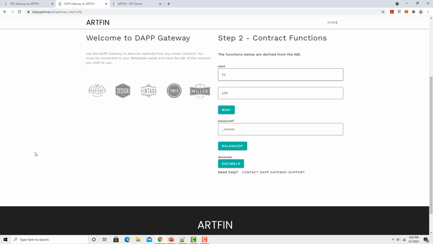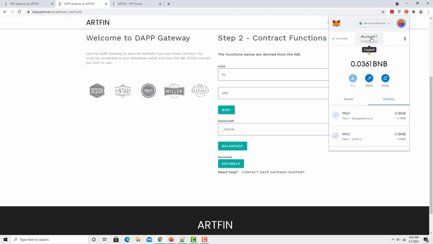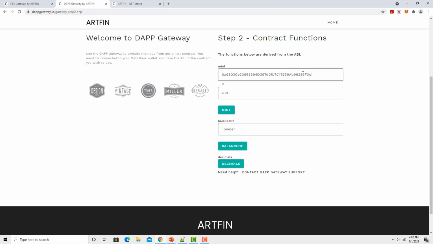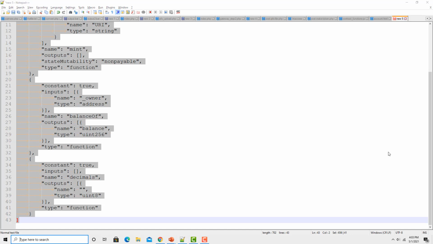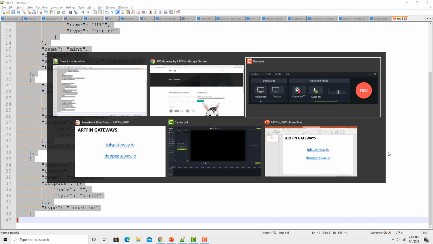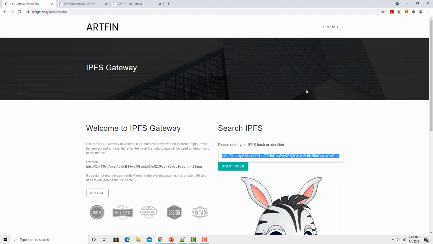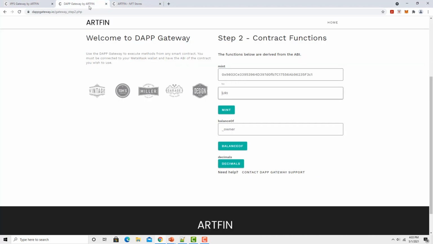So now I'm going to mint a token. Okay, so what I want to do is send a token to myself. So I got to go up here, grab my address, copy that to clipboard. So I'm going to mint a token to myself, and I'm going to use as the URI the URI that I just created over here. So I'm going to take the little donkey. Now, this is not going to be a valid NFT because I'm not uploading the right kind of file, but it's good enough to show. So when I hit paste, now when I click on mint,